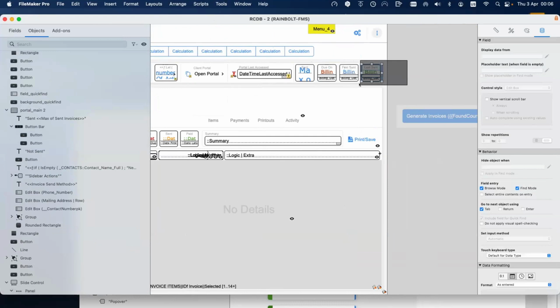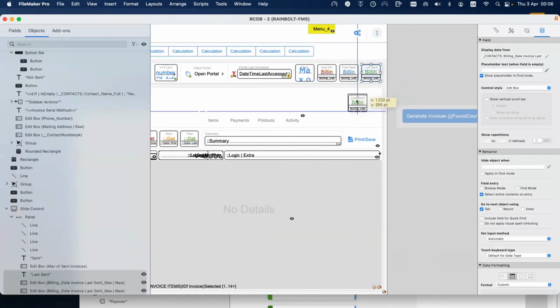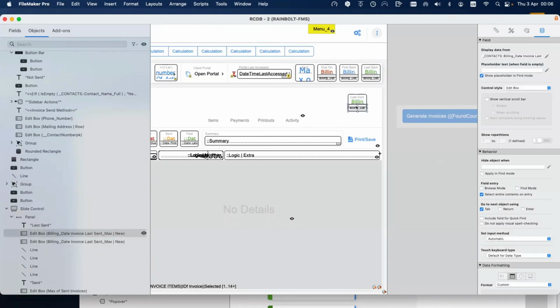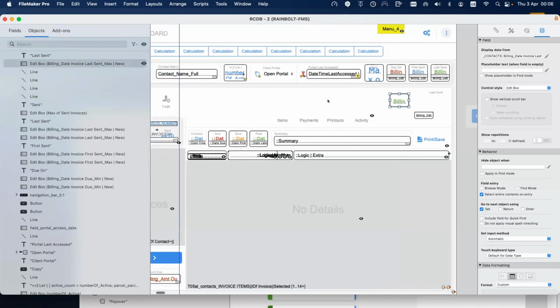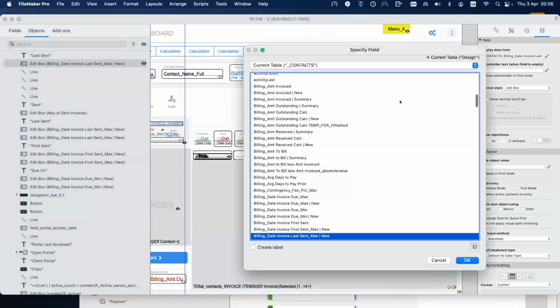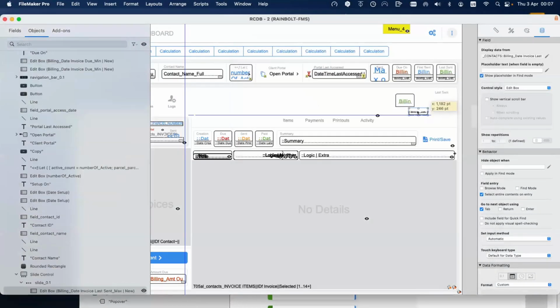I showed it already, but I can. So let's duplicate this and put it here. Okay, so it's two fields. Let's deconstruct it. It's two fields, and both point to the same field: the billing date invoice last sent. They both go to that same field. Those two fields are the same. But they have a different